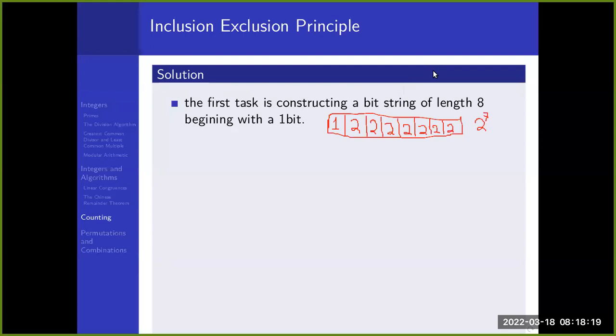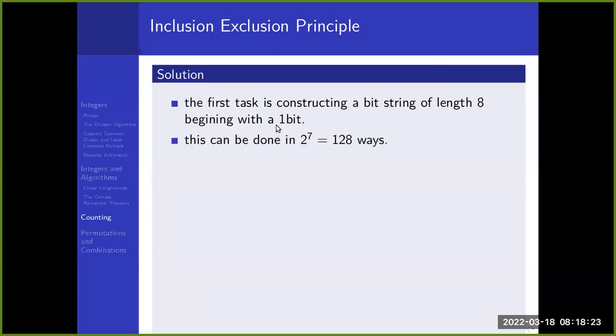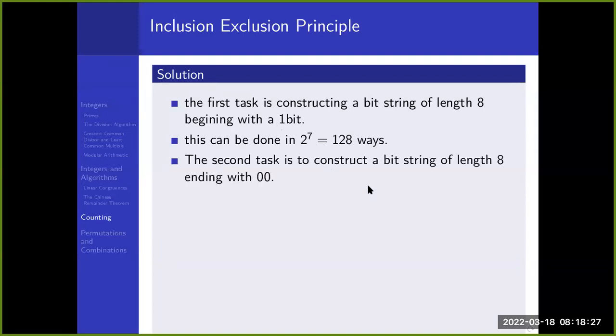So that takes care of the bit strings that start with a 1. This can be done in 2 raised to 7, which is 128 ways. Now the second task will be to construct